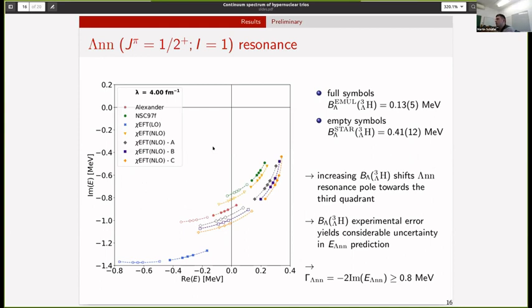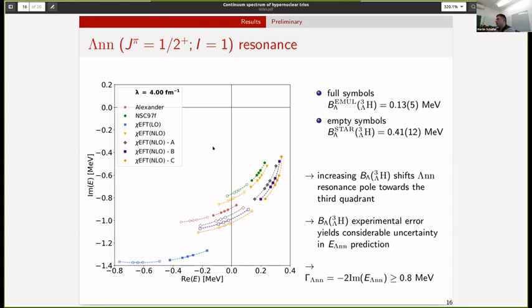Then for the ΛNN resonance, here I display only cutoff Λ equal 4, which, as I showed previously, already gives a converged value. We also see that with increasing cutoff, the ΛNN resonance moves closer to the threshold, but at some point converges. So this cutoff gives us some kind of limiting value at leading order, which predicts the most favorable position of the ΛNN resonance with respect to the experimental observation.